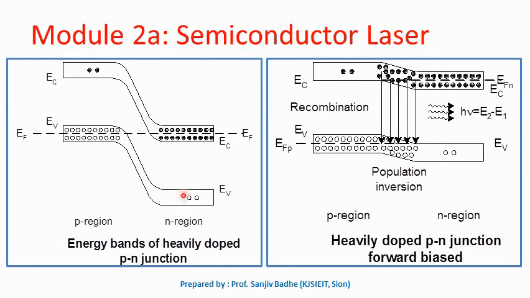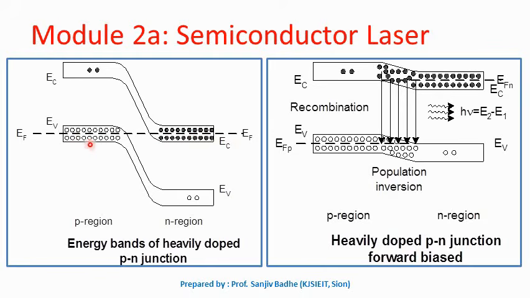So this is the energy band diagram for PN junction. This is P side and this is N side. Energy bands on N side, energy bands on P side. You can see this is a Fermi level. You can see the position of the Fermi level here. On P side, Fermi level is inside the valence band, and on N side the Fermi level is inside the conduction band. We will comment on this why is it so at the end. For the moment, just remember that Fermi level on P side is inside the valence band and on N side it is inside the conduction band.